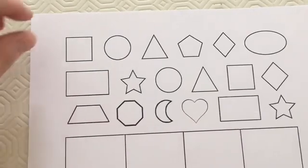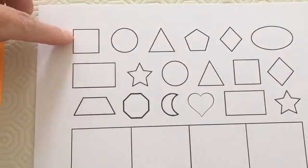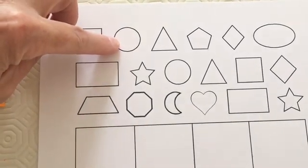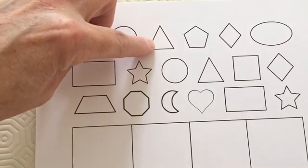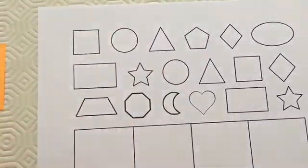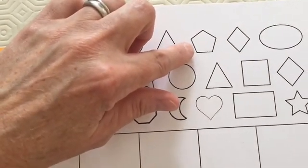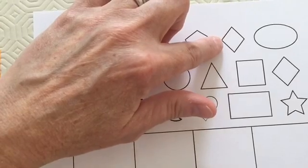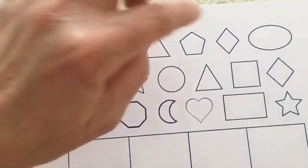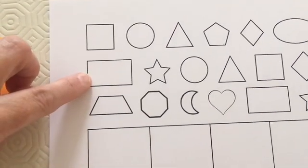I wonder if you can name the shapes. This one at the top, square, circle, triangle, 5-sided figure. We just learned about it. It looks like a house. It's called a pentagon. This is a diamond. This is a stretched out circle. It's an oval. This is a rectangle,